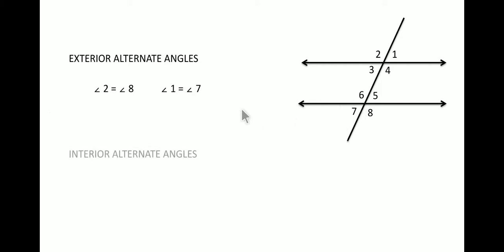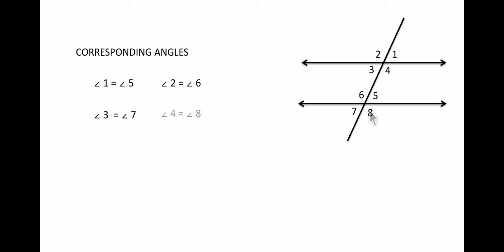All right. Next is interior alternate angles. Interior over here is 3 and 5 and 4 and 6. Just like the previous case, 3 and 5 will be equal, and angle number 4 and 6 will also be equal to one another. Next we have corresponding angles. Like corresponding, I said 1 and 5 will be equal. See, the same type of angles, 1 and 5 are corresponding. We have 2 and 6 also corresponding, 3 and 7 are corresponding, and 4 and 8 also corresponding, and all these angles will be equal to one another.